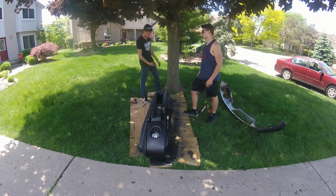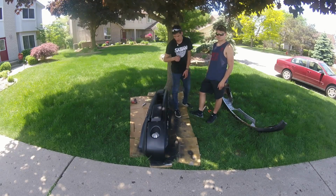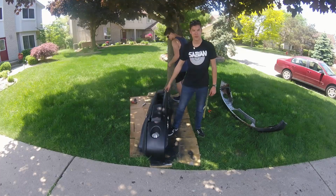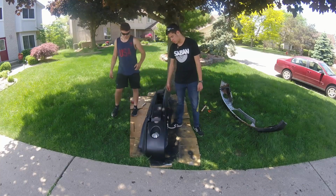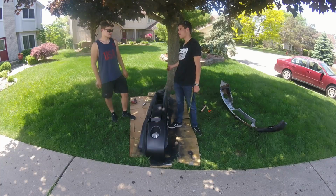Got all the bolts in. We did it better than the engineer. We have 7 extra bolts. The reason is because we can't line up all the bolts in this plastic clip, but the plastic clip is fully attached. The reason why we can't line them up is because, if you remember from forever ago,